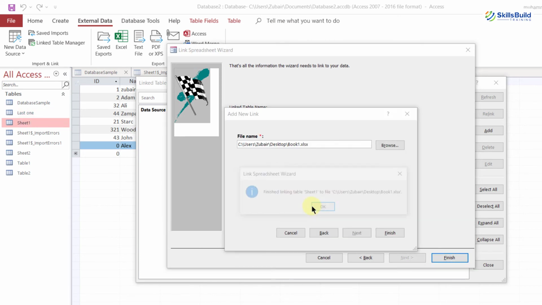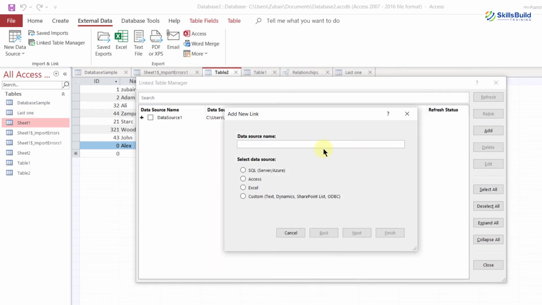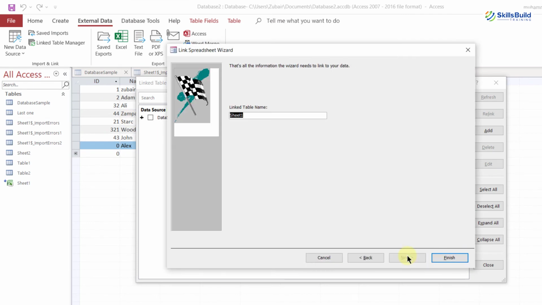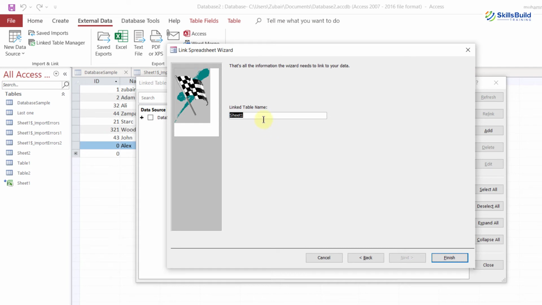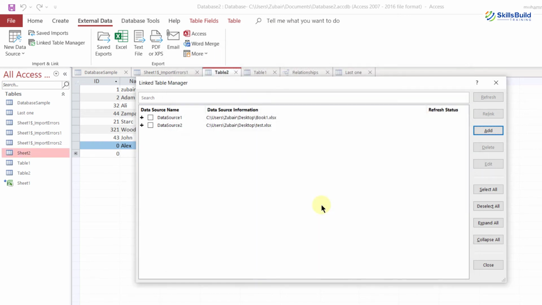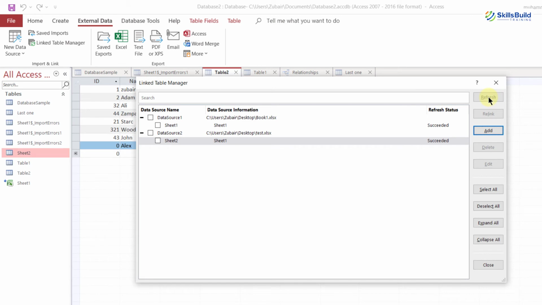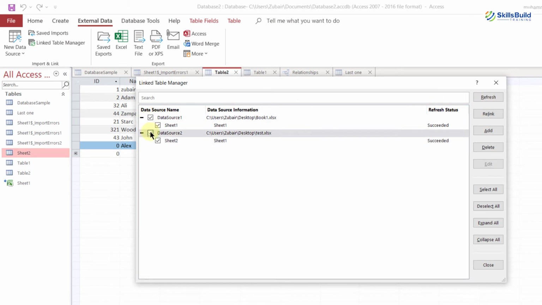There is one problem, and that is that from time to time we have to refresh, find, relink, edit and delete the linked tables because of changes to the data sources' location. There are chances that the data sources or different tables that we are using from different sources might get changed. So in order to have synchronization between all the data and all the data sources, we have to refresh, relink, find, edit and delete our tables in order to have synchronized data in one place.